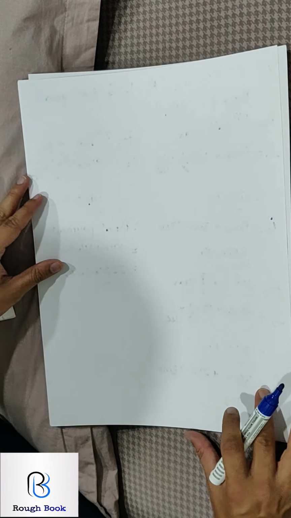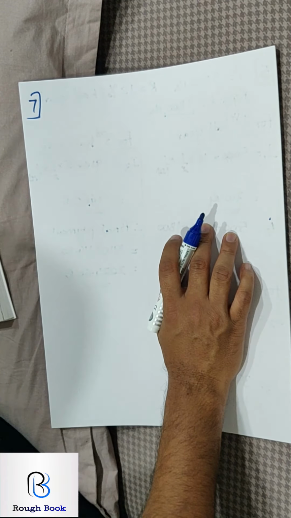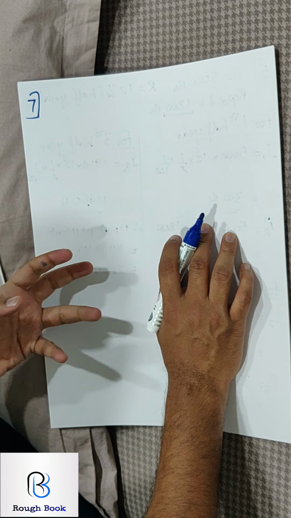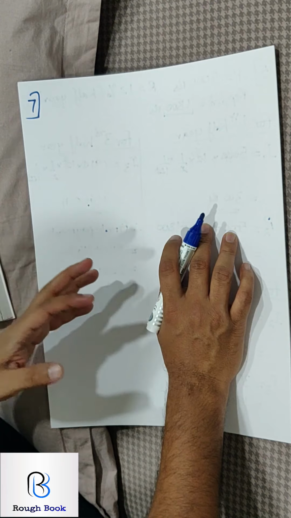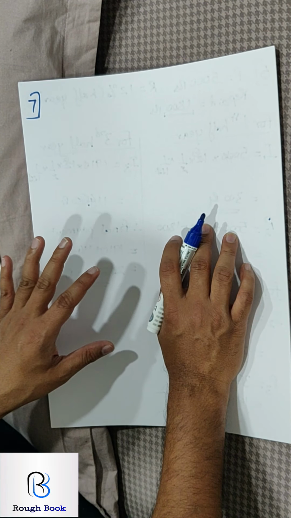Everyone, try sum number 7. Come on, go ahead. Sum number 7 is talking about depreciation. So before you begin, let me make you understand what depreciation is. Anything when you buy a product, let's say if I bought an air conditioner, after 2 years when I sell it, I am not going to get the same price which I had bought it at. Why?